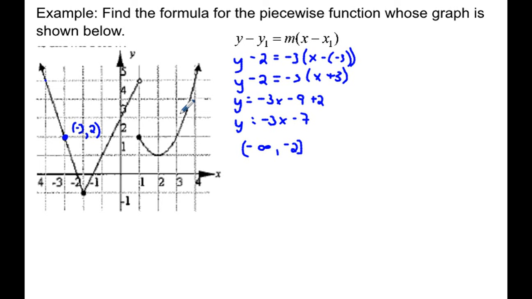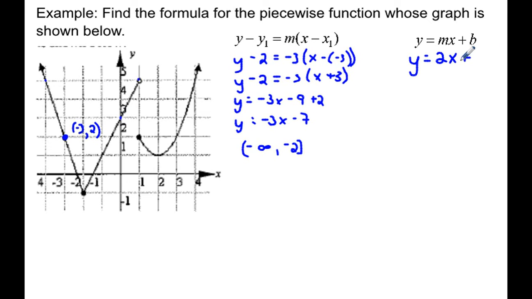The next piece that I'm going to look at is this line here, this middle line. This one does cross our x-axis, so instead of using this formula, we can use our y equals mx plus b formula. So y is equal to my slope. Let's calculate from this point to this point here. So I'm going to go up 2 and over 1, so my slope is 2. x plus my y-intercept, which in this case